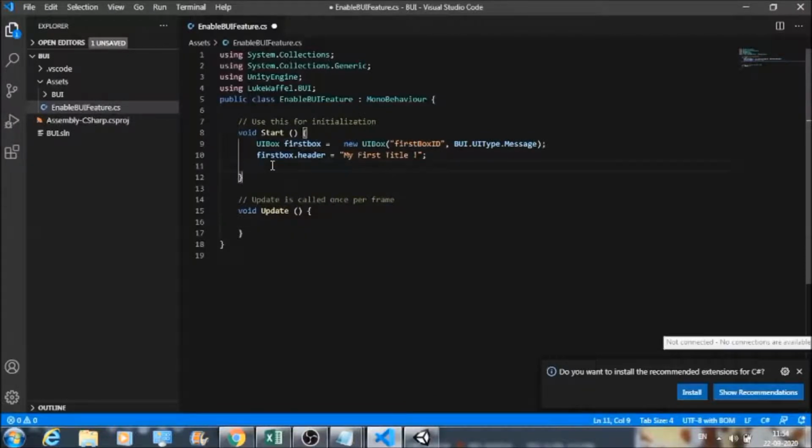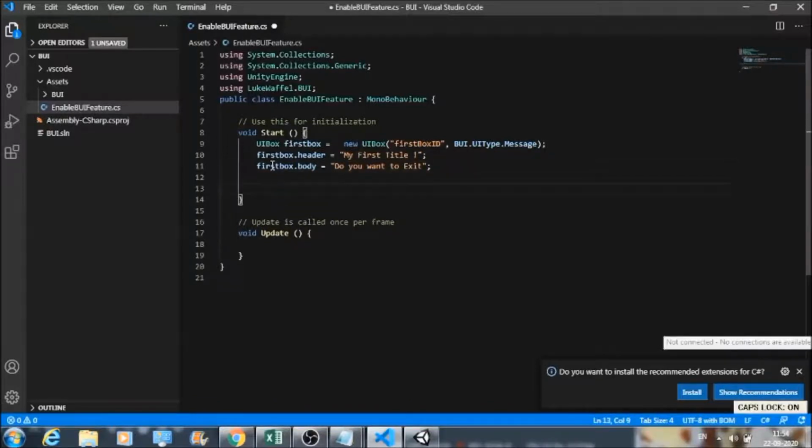So now let's define the text for the body part. I'm going to copy this firstBox from here, and the property that I'm going to use is firstBox.Body. Do you want to exit? This is what I want to get reflected in the body part.